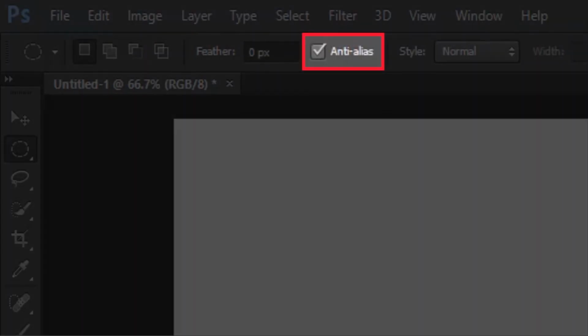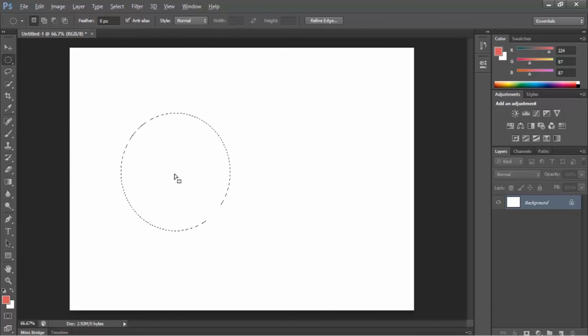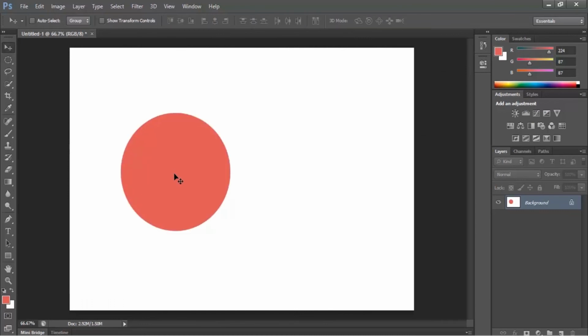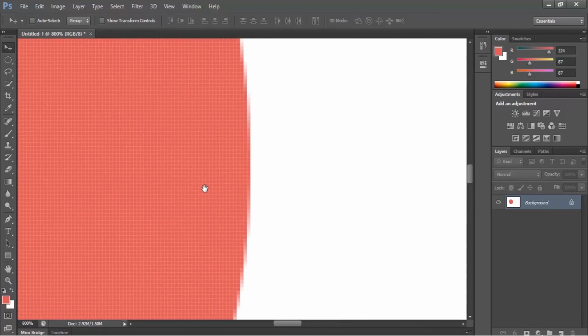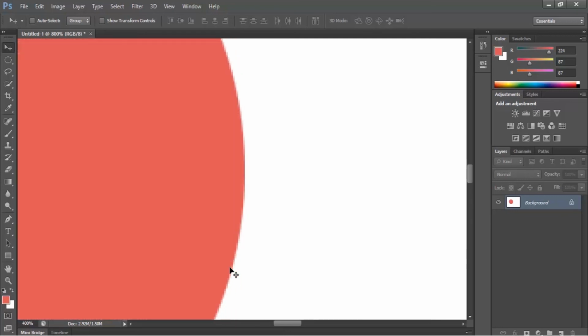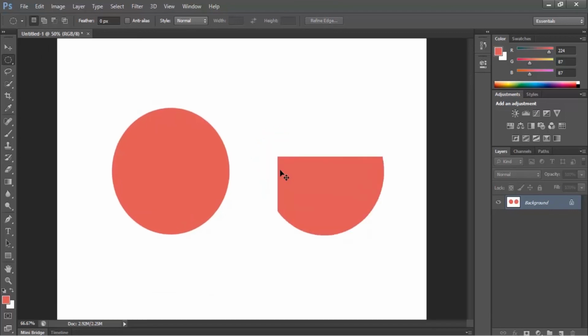When this option is checked, if you make a selection and add a color, just zoom in into the selection and you can see it gives smooth edges. But when the anti-alias option is unchecked, make a selection and add a color.